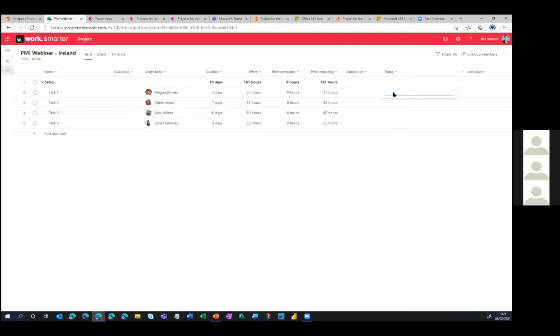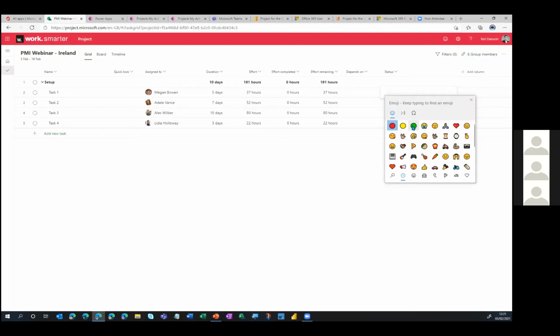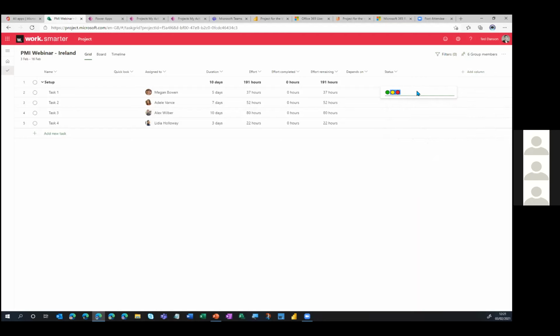And what I'm going to do here is actually add in some visual cues. So let's go for green, amber, and red. And straight away, I've started creating a visual status of the KPIs here. So we can say this one's on track. Let's go to the next one and say this one is maybe at risk. And we'll go into this one and say that this one is blocked. And to be honest, you could drop in any emoji you want. It doesn't have to be red, amber, green. It could be blue, black, anything at all.